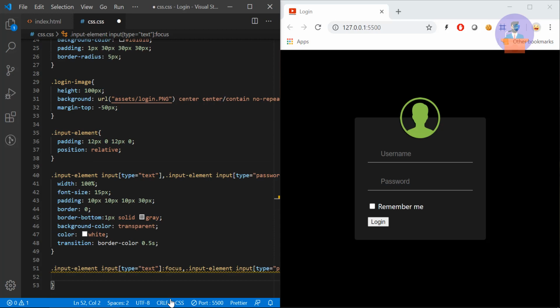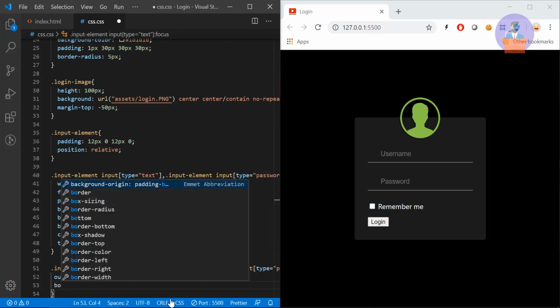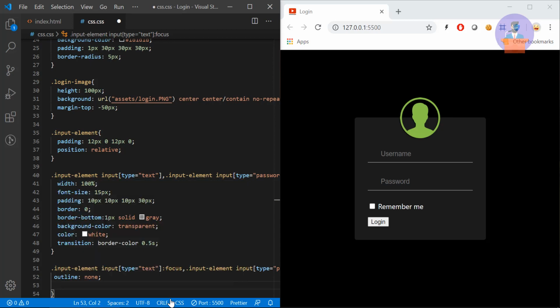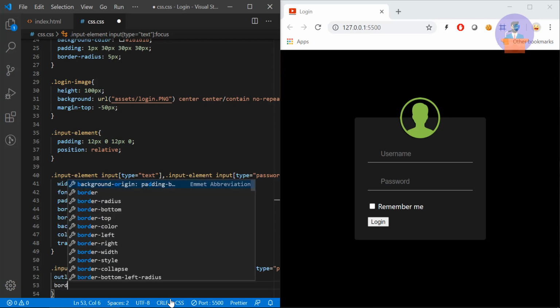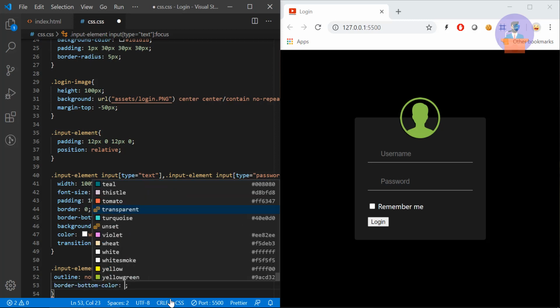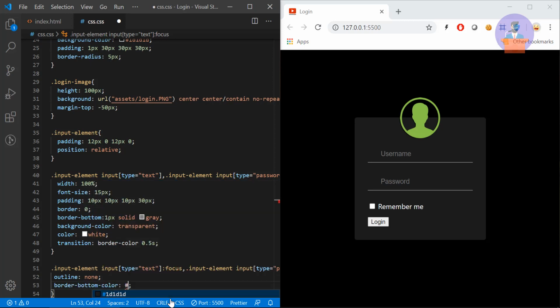Okay, and here I will provide outline as none, and we change our bottom border color to some light green. So hash 8BC34A. So I'm going to save it. So whenever I focus, you see the border bottom color is changing from gray to green in a very smooth way. Okay, so this is because of this transition.